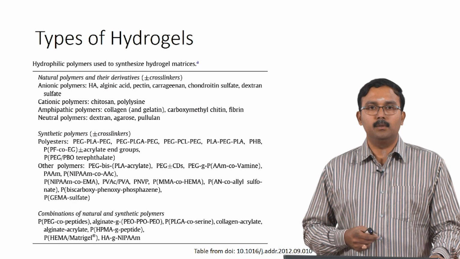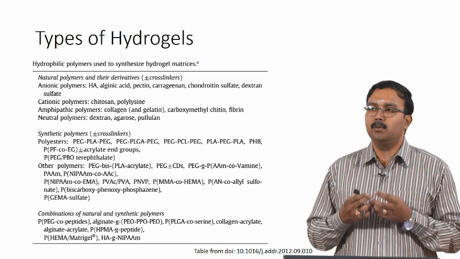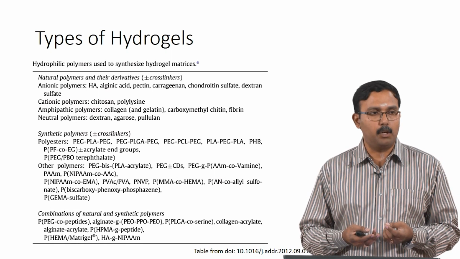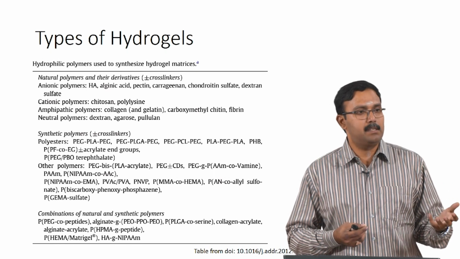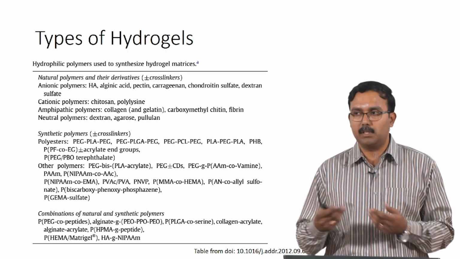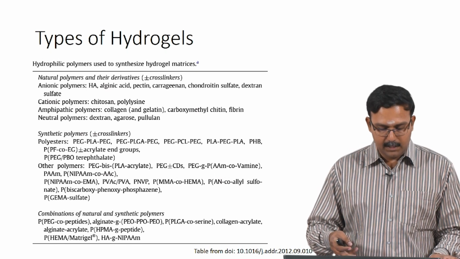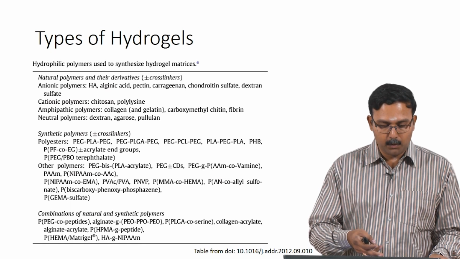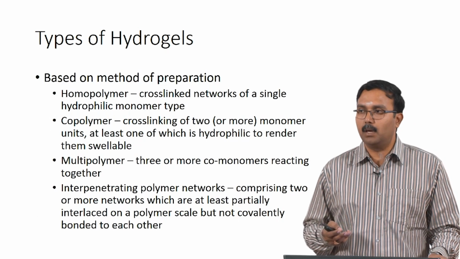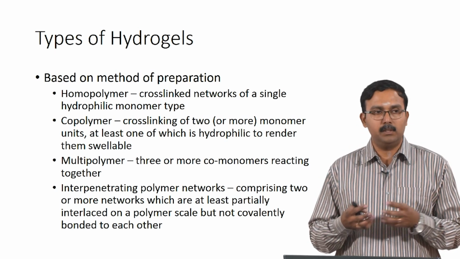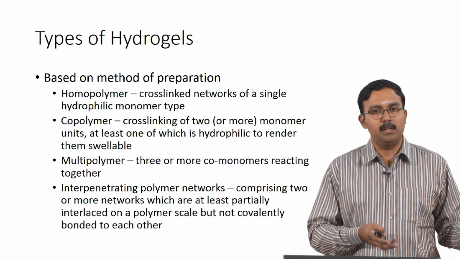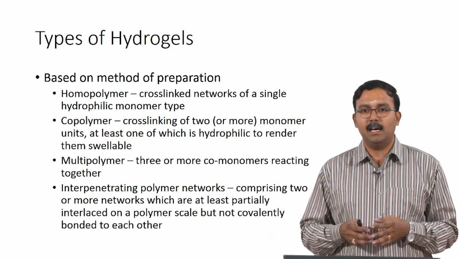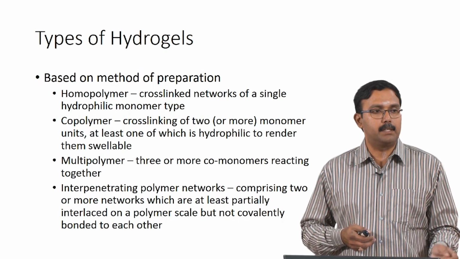Okay. So, in natural polymers, the other way to look at the categorization would be to talk about what type of molecule it is. You have protein based molecules and polysaccharide based molecules which can be used. Whatever they have listed here, some are polymers, but collagen is a protein, polylysine is a polypeptide and so on. You could actually prepare hydrogels using protein based materials or polysaccharide based materials. Okay. And all these have very good water retention properties.